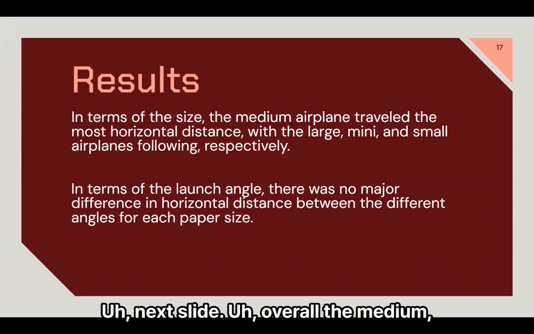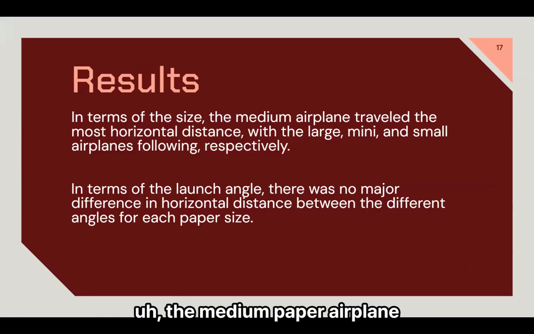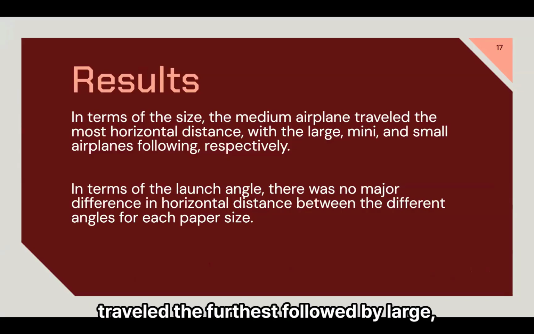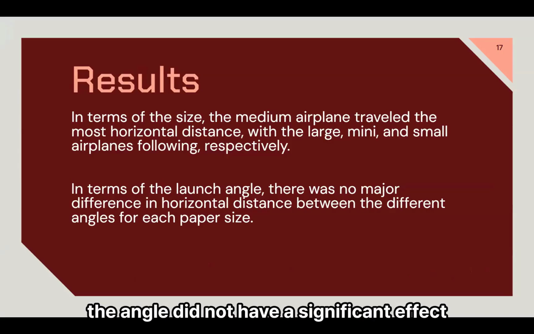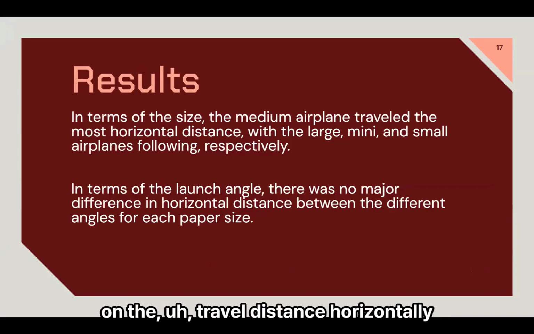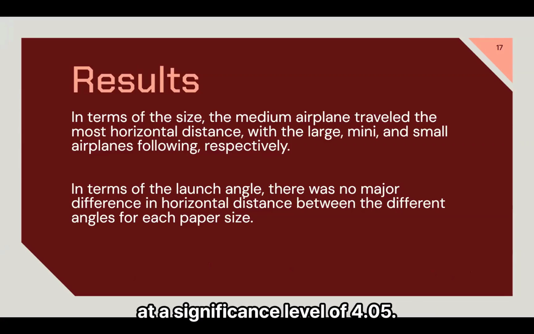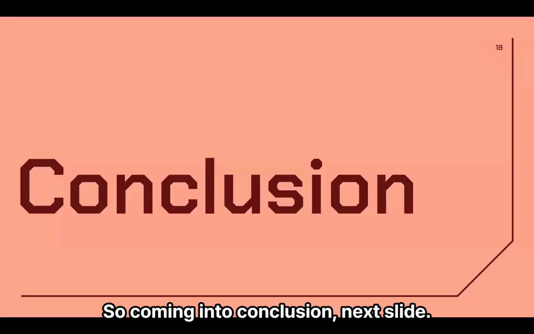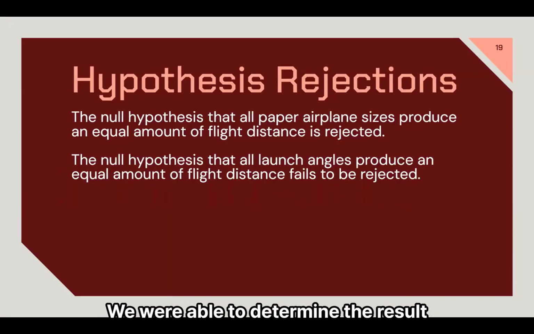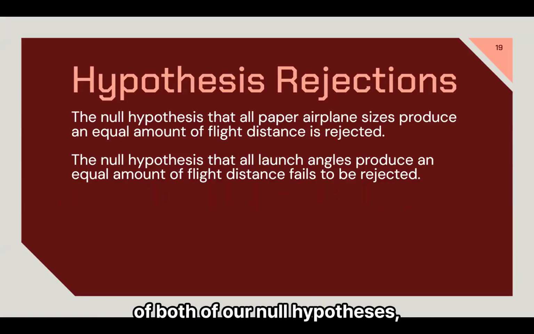Overall, the medium paper airplane traveled the furthest, followed by large, mini, and then small. Angle-wise, the angle did not have a significant effect on the horizontal travel distance at a significance level of 0.05. Next slide. So coming into conclusion, next slide,